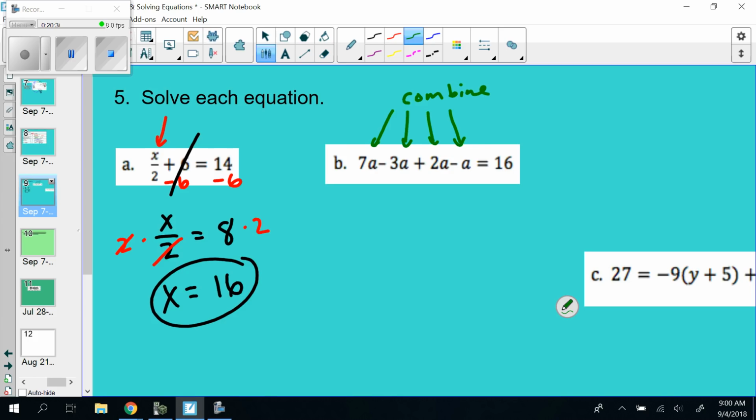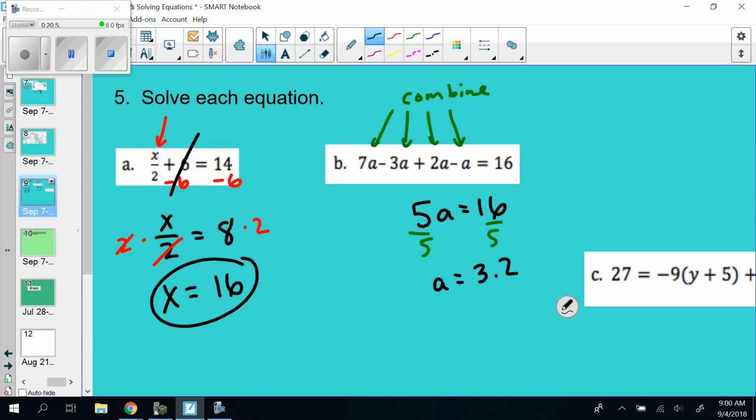7 minus 3 would be 4. 4 plus 2 is 6. 6 minus 1 would be 5a. So we can combine all those a's together to equal 5. Now this becomes a one-step equation that's pretty easy to do. Divide both sides by 5 to get our solution. And so we find out here that a is equivalent to